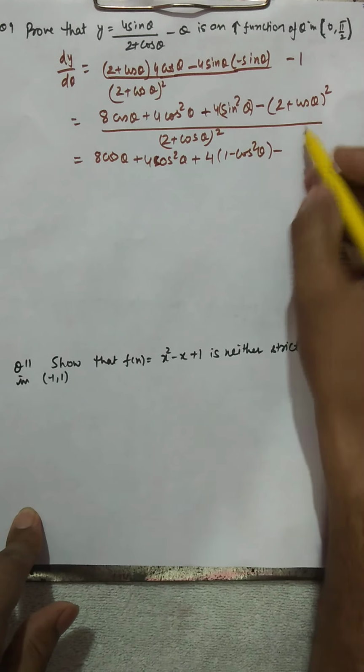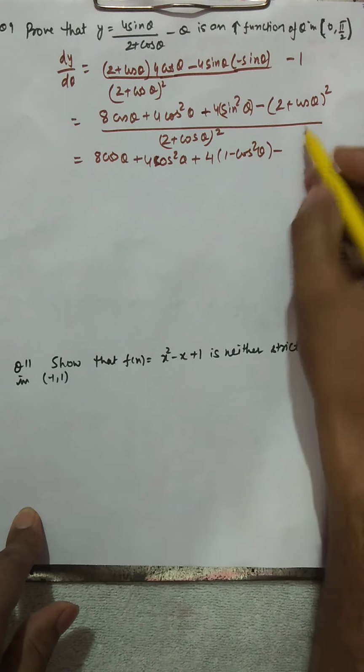On the number line, the domain of this function is -infinity to +infinity, because there is no value of x which can make this function not defined, and this is your 1 by 2. Now we will take some points in this region. What point we can take, it's up to us. We can take 0. So let x equal to 0. Your dy by dx is going to be -1, which is negative.